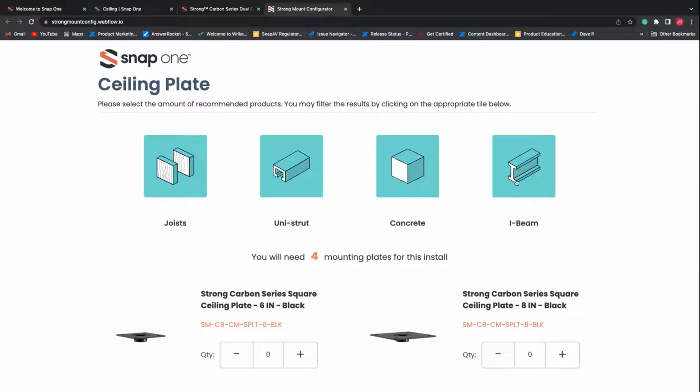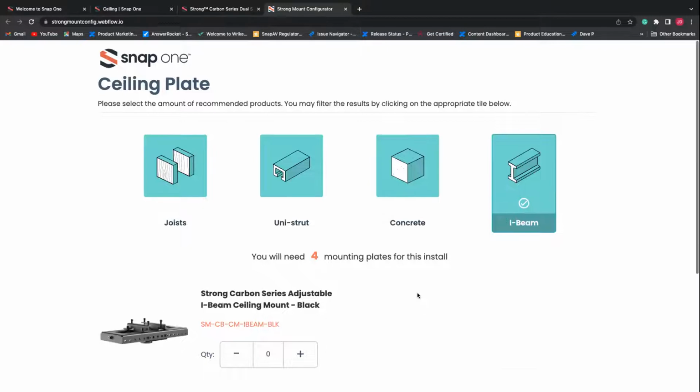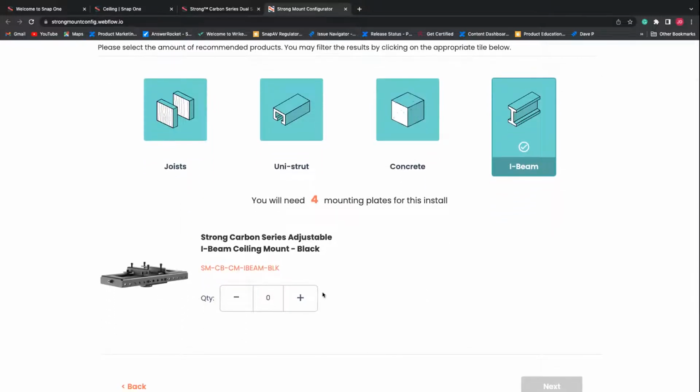If I want to do an I-beam, it dynamically cancels out all of the other choices. So I have no choice but to choose